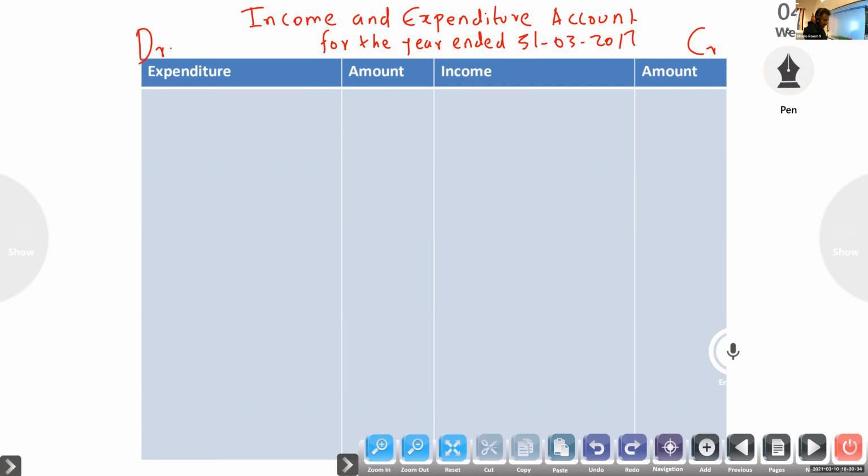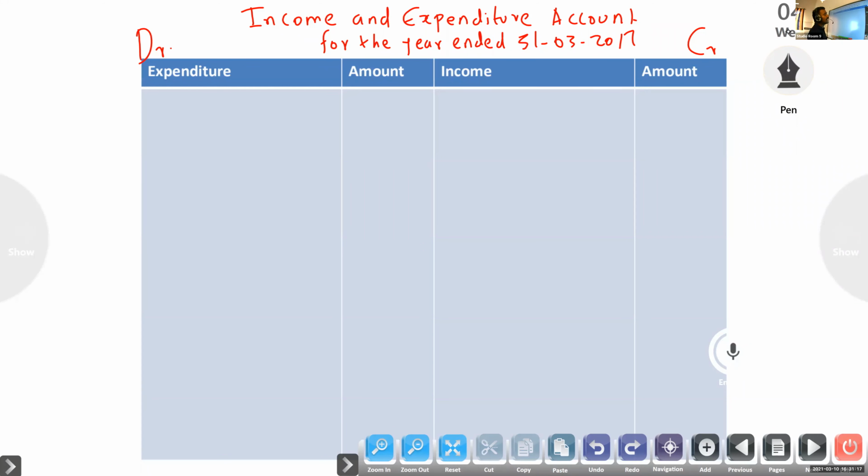Next, receipt side: furniture book value, sold value, then subscription 2016-17, that is 60,000. Then 2017-18 will come only in the closing balance sheet, subscription received in advance. Next, sale of old newspaper. You look at last year's subscription, it is given 18,000. Now you have to look in the opening balance sheet for any outstanding subscription. Yes, 18,000 is there. This year we received that much amount.